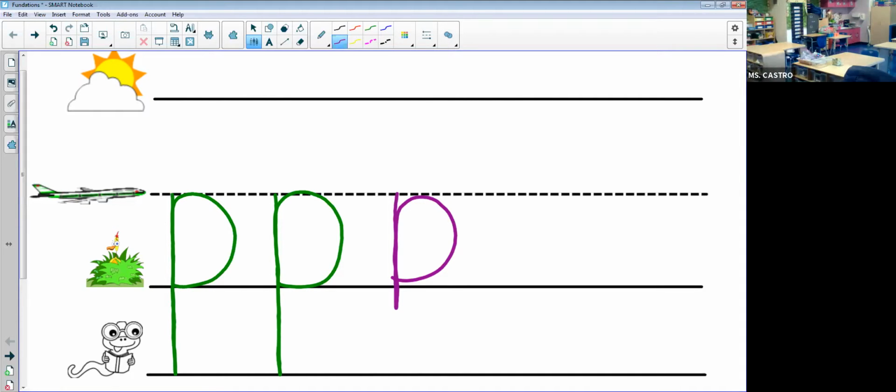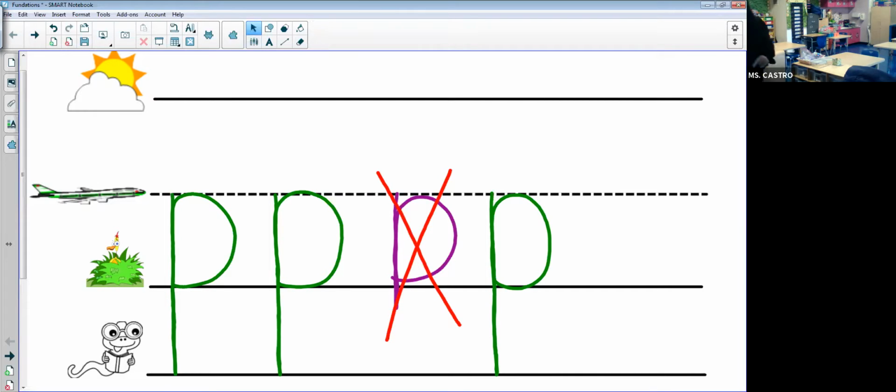I'll show you like this. One more time. Start at the plane line, down to the worm line, trace that line right back up to the plane line, loop and curve into the grass line. Okay, so boys and girls,